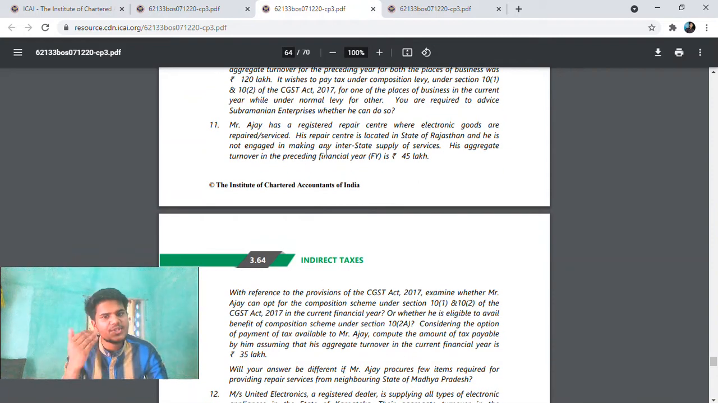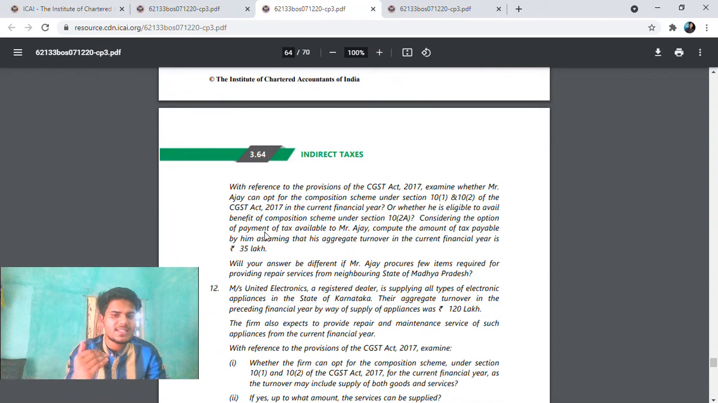Question number 11. Mr. Ajay has a registered repair center where electronic goods are repaired and services provided. His repair center is located in the state of Rajasthan and he is not engaged in making any inter-state supply of services. His aggregate turnover in the preceding financial year was 45 lakh rupees. With reference to the provisions of the GST Act 2017, examine whether Mr. Ajay can opt for composition scheme under section 10(1) and 10(2) of the GST Act 2017 in the current financial year,